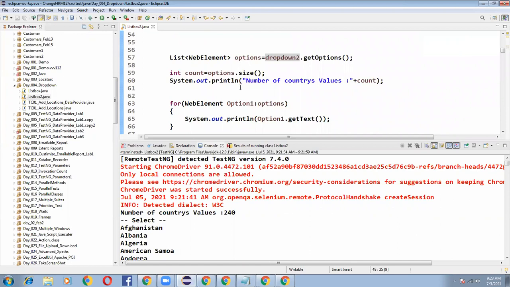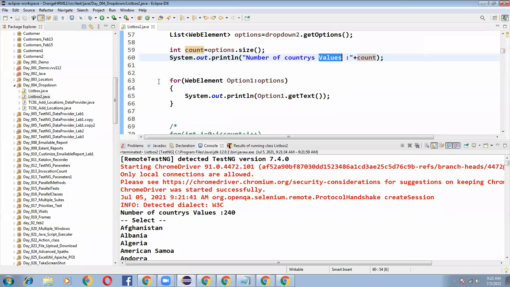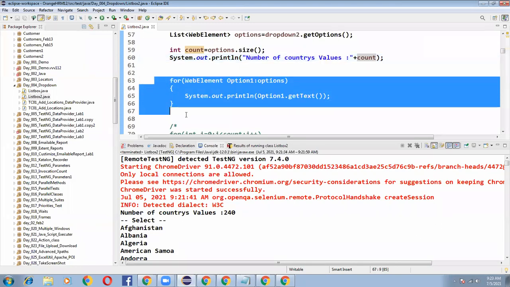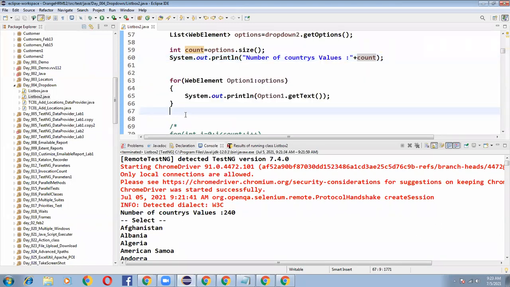Then options dot size, I can store into some integer variable, and I come to know how many country values it contains. And after that, to print each and every value, I will write a for loop. That's it. Here you can write option 1, option 2. Suppose you are writing option 2, you can write whatever you want. Option 2 and option 2 dot get text.